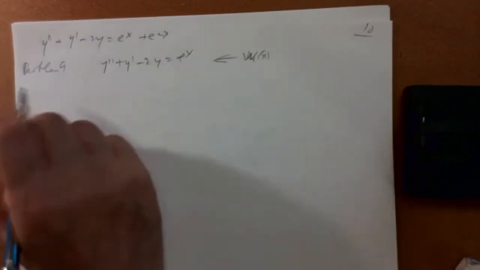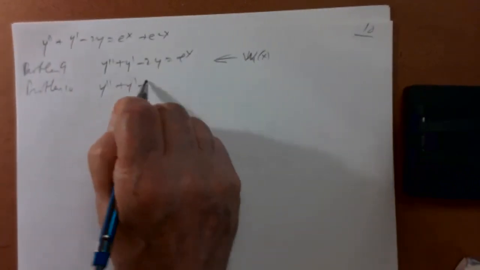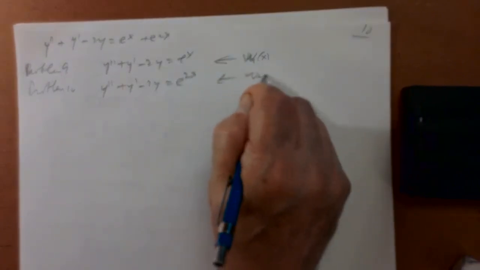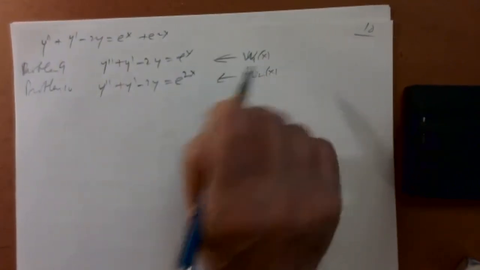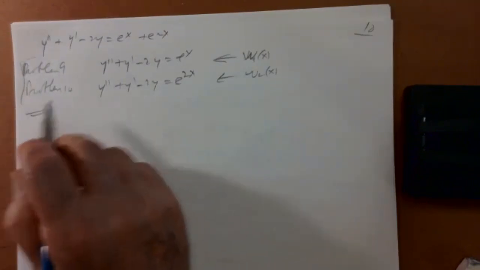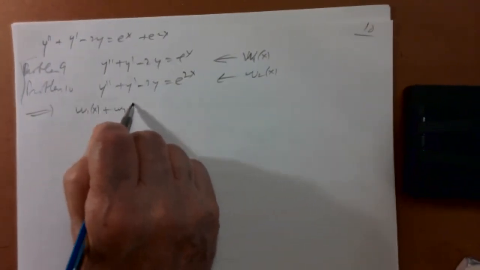And problem 10 was y double prime plus y prime minus 2y equals e to the 2x, and let's say a solution of that was w2 of x. So if we had done both problems 9 and 10, then w1 of x plus w2 of x